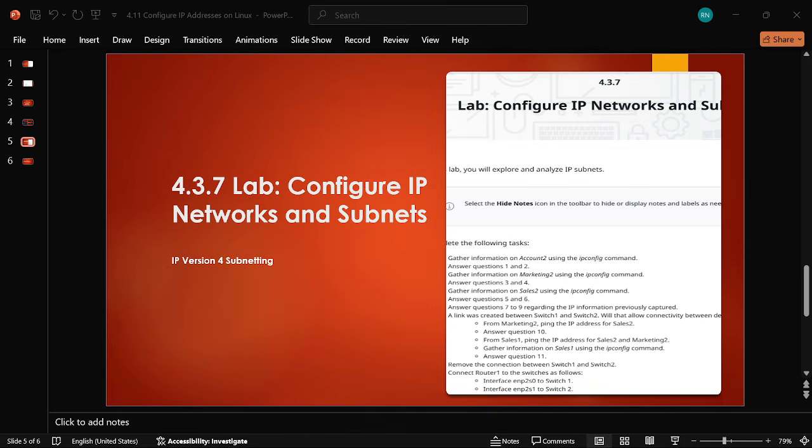Let's dive into how to configure IP networks and subnets on the lab